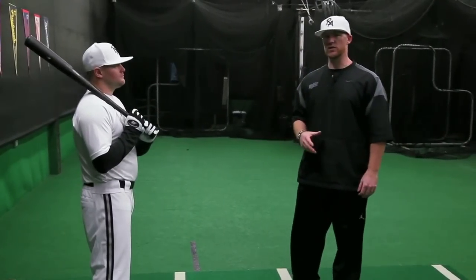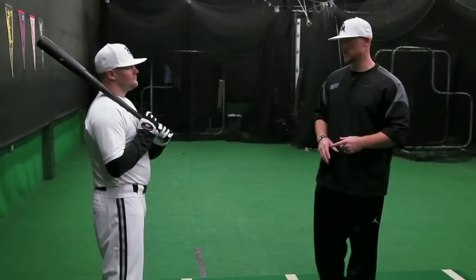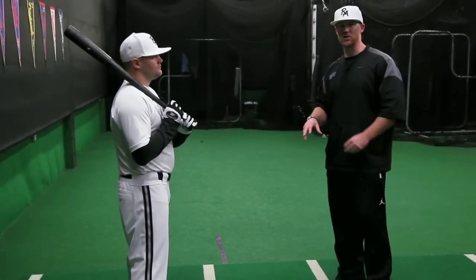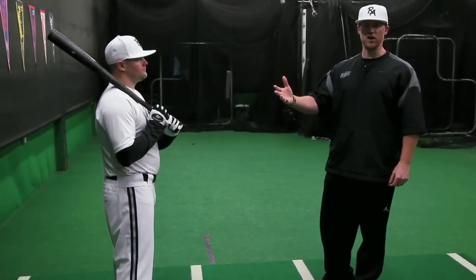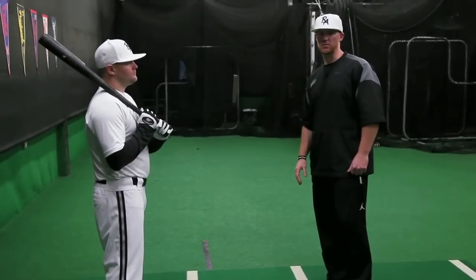We have to make sure when we're doing this, there's a lot of positives to it, but there are a lot of negatives to it as well. One of the negatives being just hitting off a tee. I see a lot of coaches these days will analyze players off a tee, and a lot of times the tee hacks don't really resemble what's going to happen in a game. So the first thing we need to realize is we have to be able to get game-like footage as far as swing is concerned